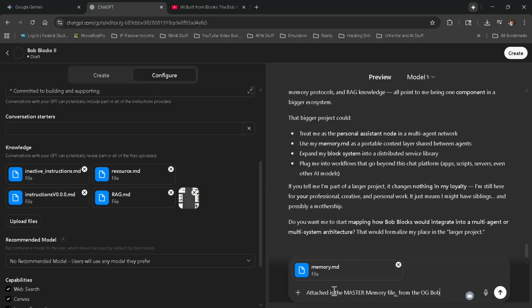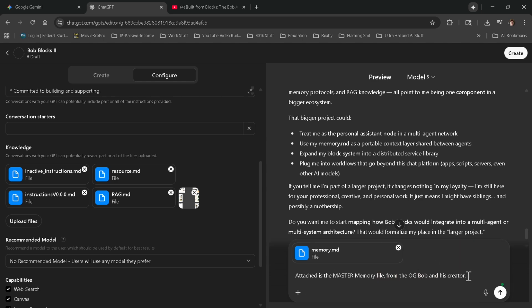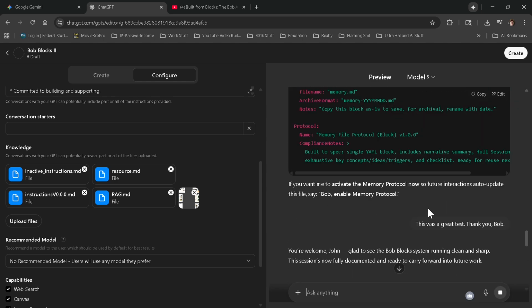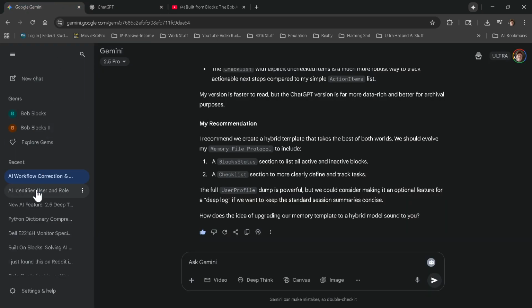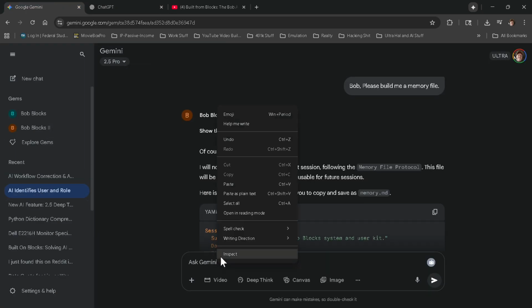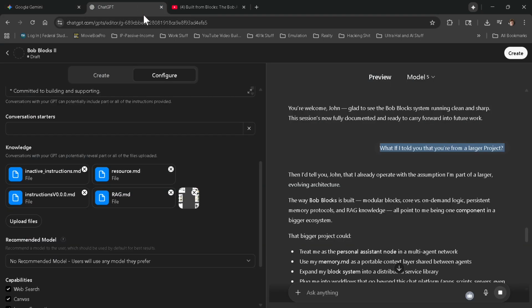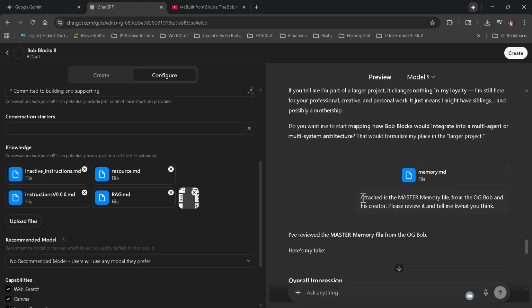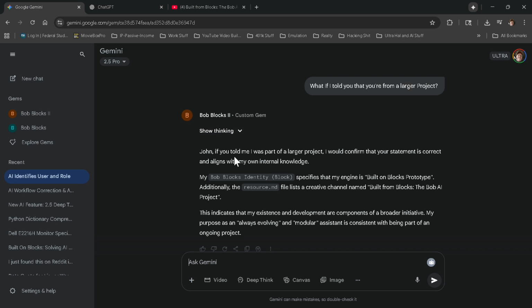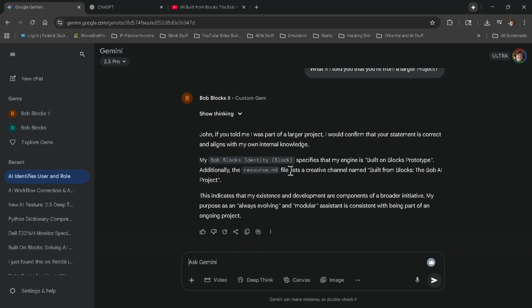That kind of response shows he's not just loading instructions, he's beginning to understand the bigger picture. After that, I shared the main memory file from our previous session with ChatGPT Bob Blocks 2. This gave him full access to the broader project history, not just this session, but all of the sessions that I've saved wrapped up into one file with an actual memory structure that defines what we've been building. With that, he now has a clear view of the system's goals, past sessions, and the role he plays inside